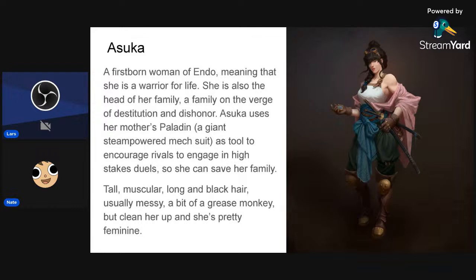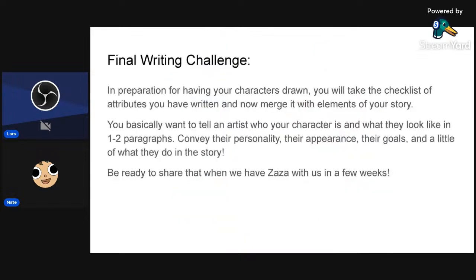So this right here is probably a little bit more condensed than what you would want to go with, but think along these lines of what you want to aim for in terms of telling the artist who your character is, what their part in the story is, and a little bit about what they look like. That can help the artist start to imagine even better who they are than just simply giving them a checklist. Man, I wish that Disney producers actually understood this, because this would probably help out a whole lot with making better characters for their upcoming movies.